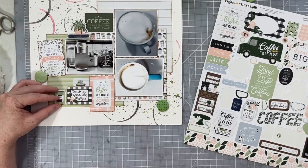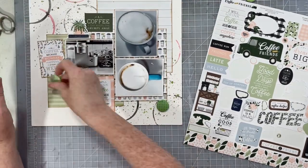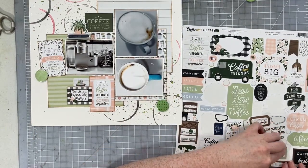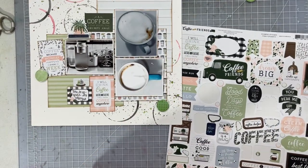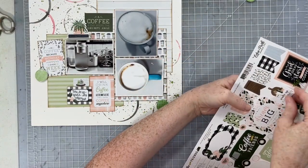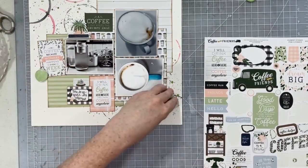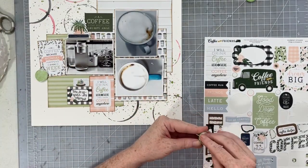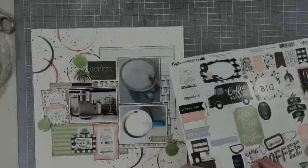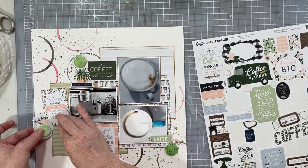I'm just going to add some more stickers. I kind of auditioned a lot of stickers trying to decide what I wanted to do. I thought about that coffee pot, but I bought myself a really fancy coffee pot, and so that coffee pot didn't look like my coffee pot. So I decided that that wasn't going to work. And then I can't remember what else I grabbed. I grabbed lots of just little stickers and kind of cover some up, and you'll see. There was this cute little mug that said hug in a mug, but I don't really want any more